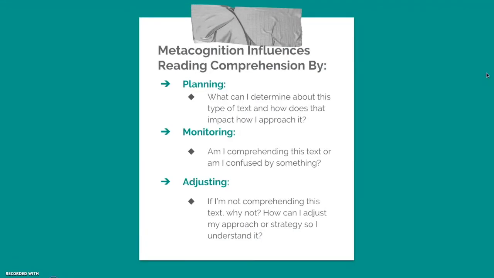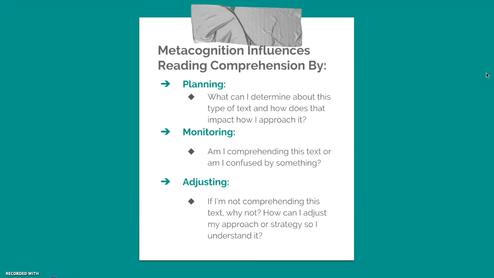Metacognition influences students' comprehension of academic texts in the simple sense that it allows them to determine if they are comprehending, and if not, prompts them to approach the text in a new way so that they can comprehend. Students who use metacognition successfully constantly adjust how they read in response to their awareness that something's not making sense. The following list explains how the components of metacognition serve to support comprehension.